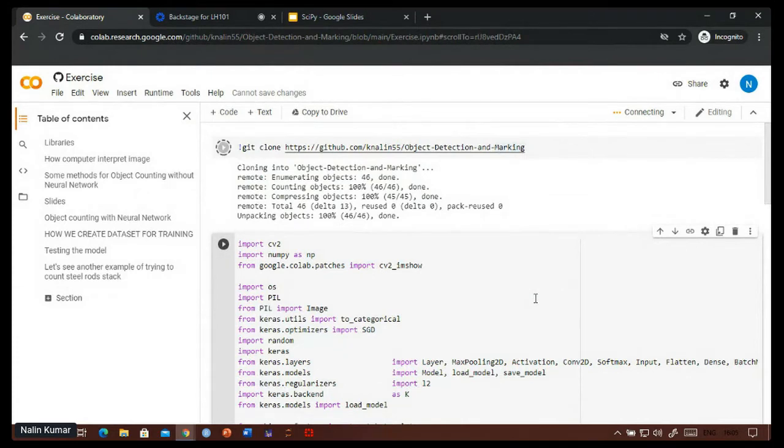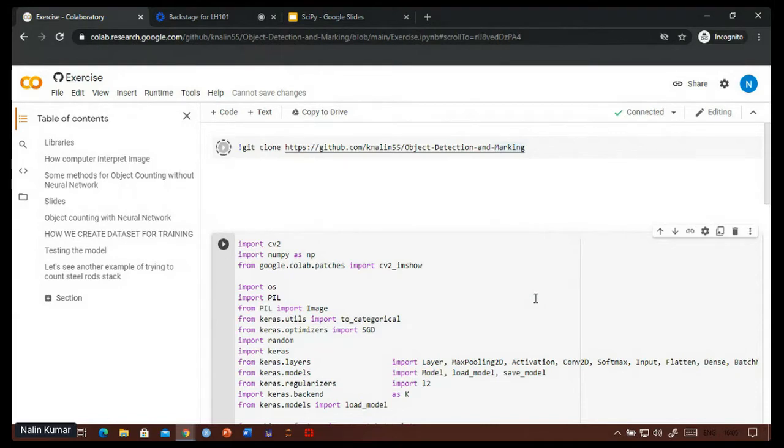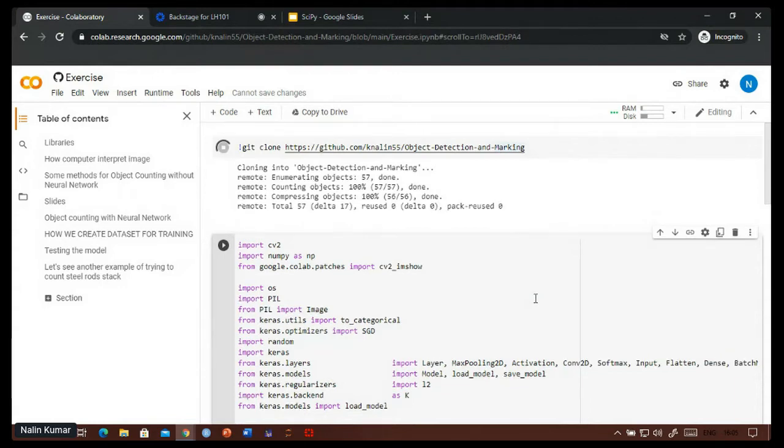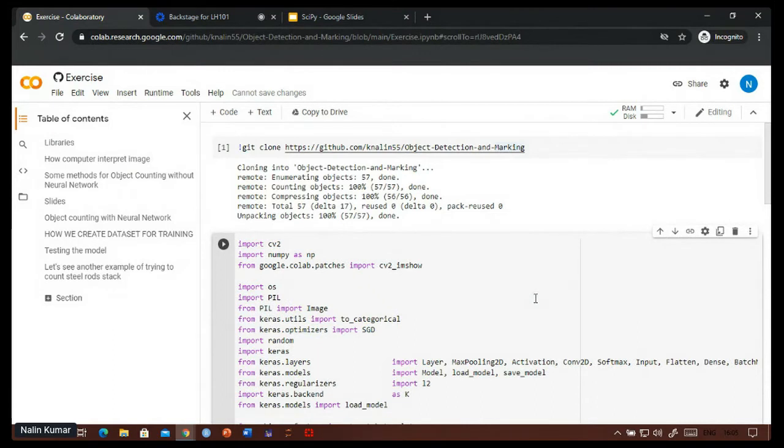Meanwhile, let me tell you what type of counting we'll be doing. Object counting is a problem in computer vision which has a lot of real-world applications in industry and academia both.